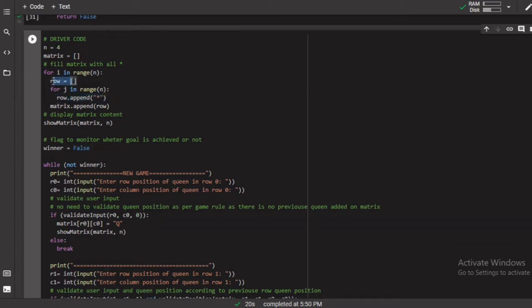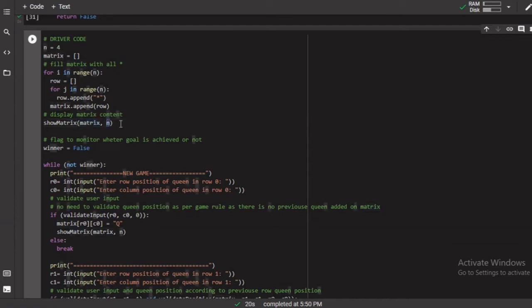After that I am calling a show matrix method, which is used to display the matrix content. For that I am passing the actual matrix and also n, that is the size of our matrix. So here is that method, show matrix.